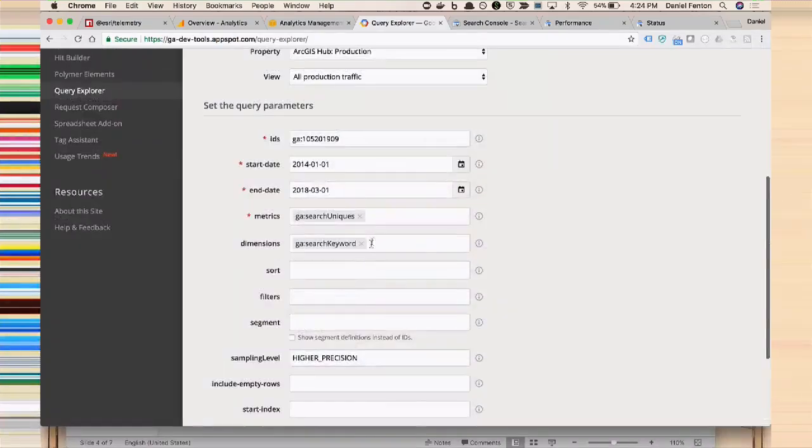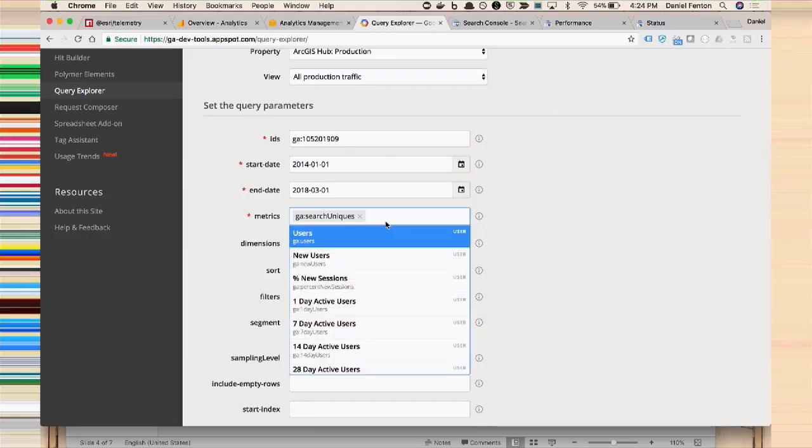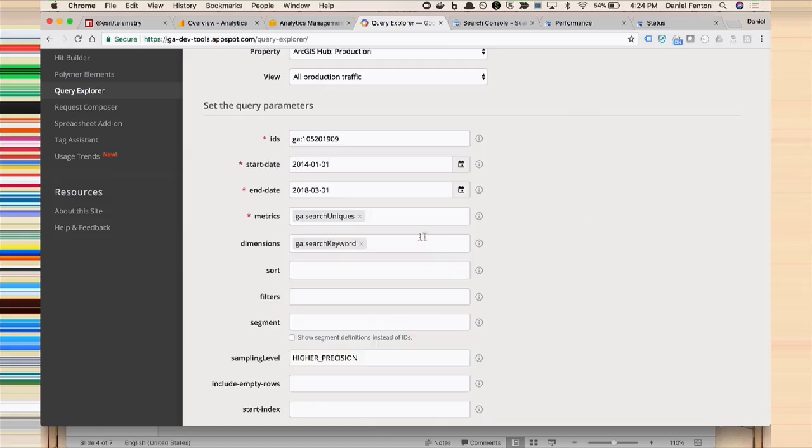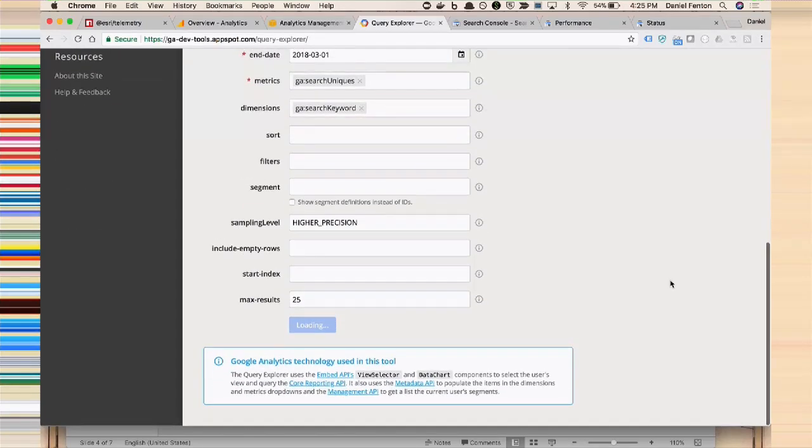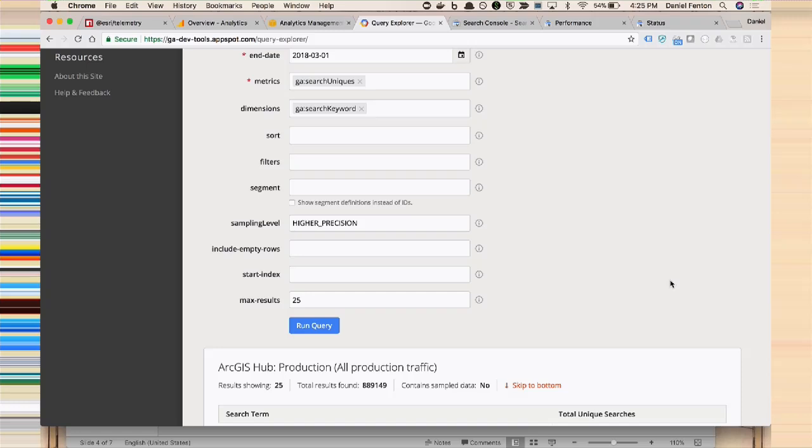And so I can build up these metrics, and these are things like total number of events or number of sessions. I can add dimensions, which are kind of like your X values, and then I can filter based off of it was on this domain or it was a user who downloaded. And then I can go and pull this data out. And it's going to give me a tabular view, and then it's going to actually print out the API call that it made,